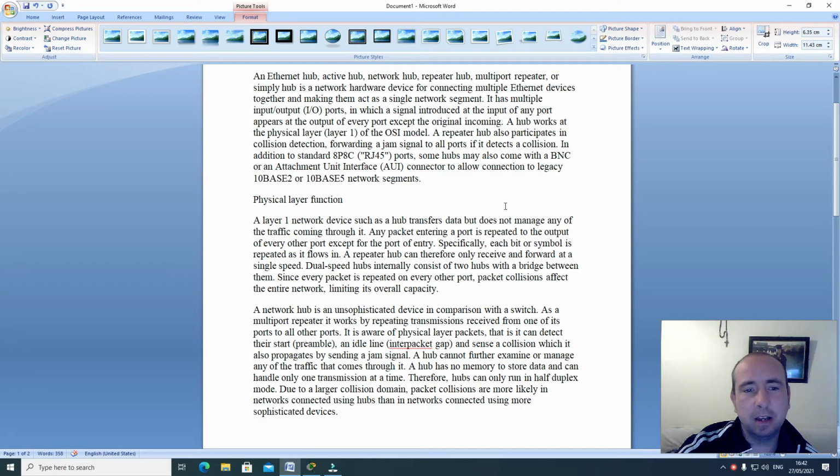It has multiple input/output (I/O) ports in which a signal introduced at any port appears at the output of every port except the original incoming. A hub works at the physical layer, layer 1, of the OSI model. A repeater hub also participates in collision detection, forwarding a jam signal to all of the ports if it detects a collision, in addition to standard